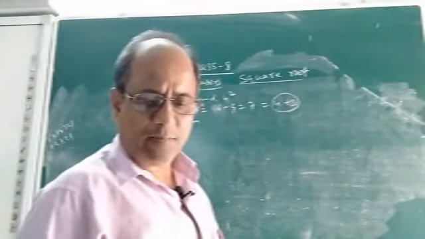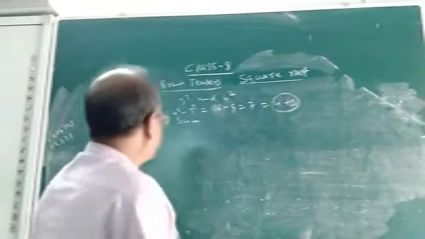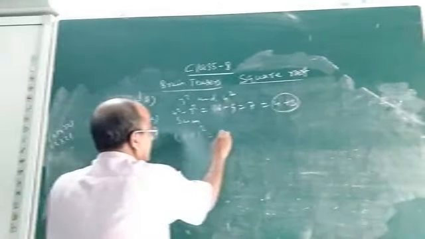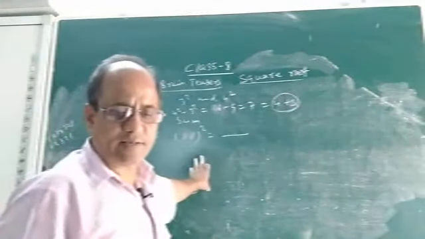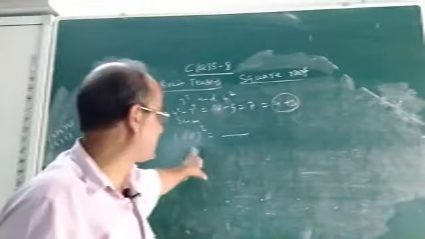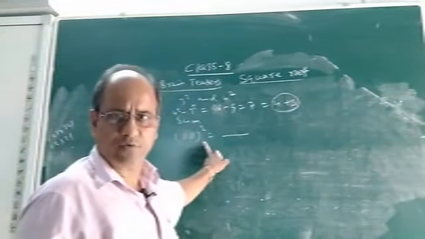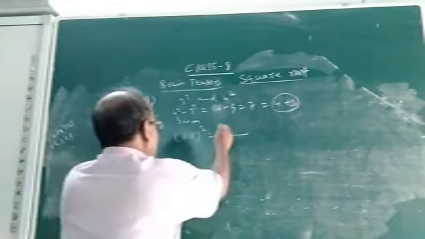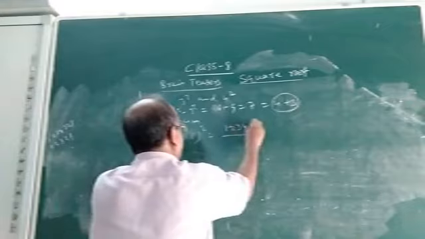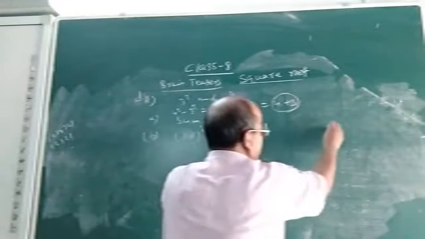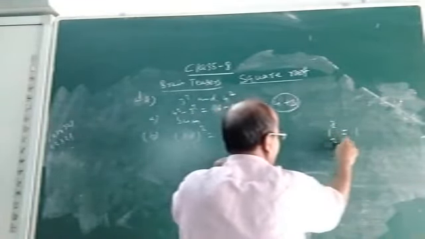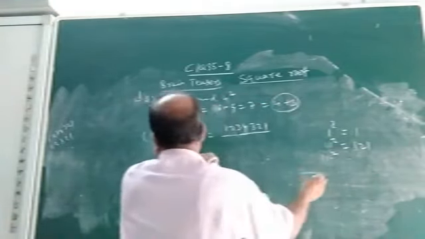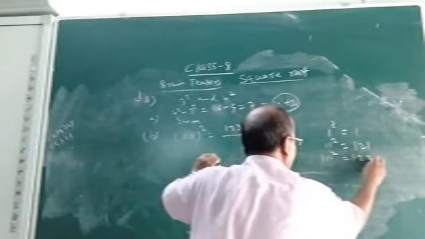See, what will be the digit in the thousand place? Number 2. Suppose you are given 1111 square. We do not know what the value is. The question is, what will be the digit in the thousand place? That means this number will have a value. You multiply 1111 twice, you will get some value. What will you get? You will get 1234321. You know the pattern. 1 square is 1. 11 square is 121. Then 111 square is 12321.